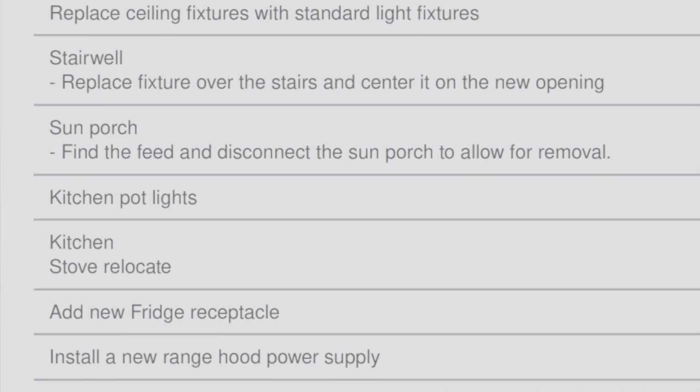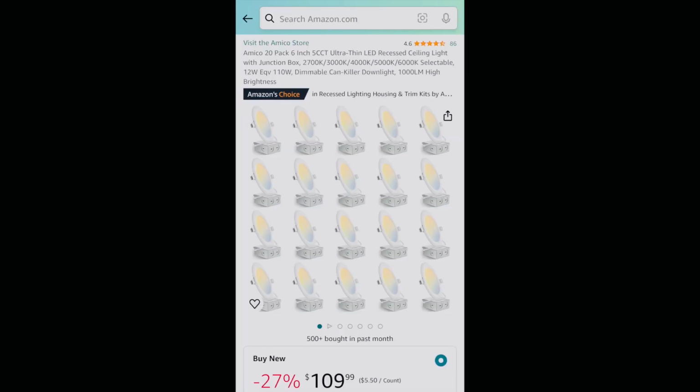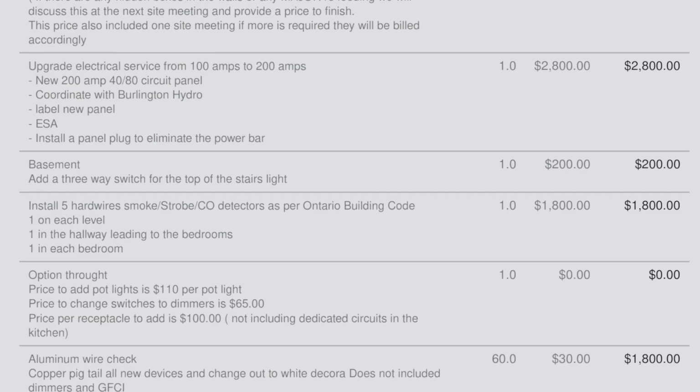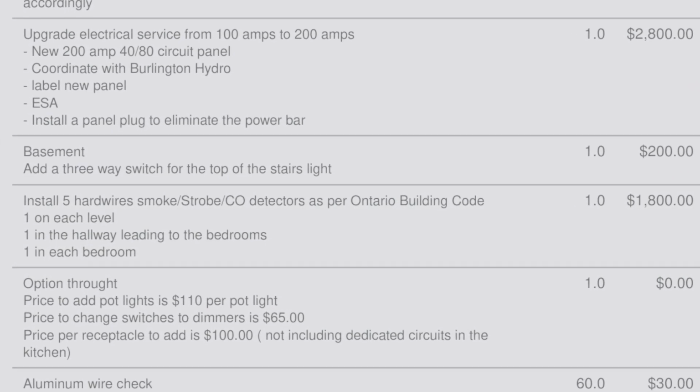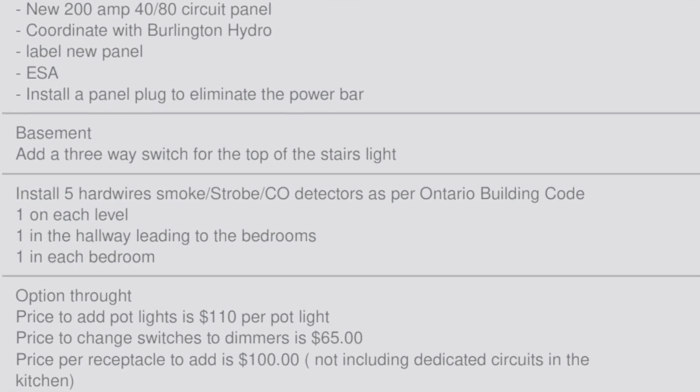So when you get a bid, it should be specific. If I got a bid and it said flooring, what's the price? What's the specific material that you're getting or the specific product? So most times in lighting bids, that's a negotiation. So you want to pay attention to that, because getting 6 pot lights and getting 6 recessed light fixtures are very different. So if you look at your bid and it has call outs for a certain amount of pot lights or recessed cans per living room or per kitchen or whatever it may be, whichever room it is,